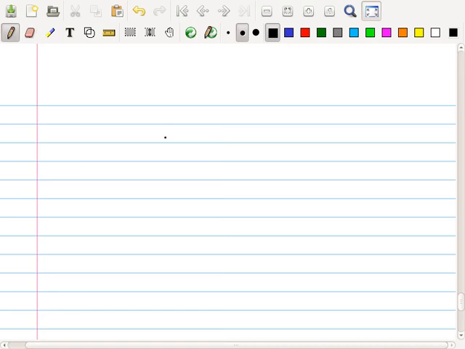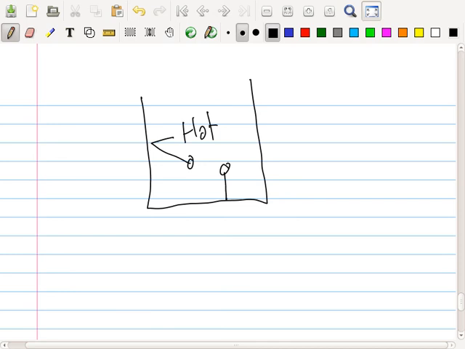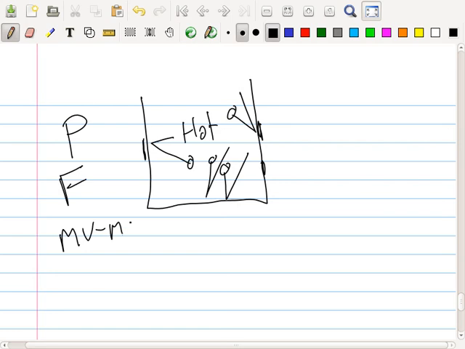There is a relationship between heat and pressure, but I think you should think about it the other way: heat makes pressure. For example, if this gets hot, it means there's more energy, which means the particles are moving faster, which means they hit the wall harder, which means there's more pressure because there's more force, because there's more change in momentum. So I think it's better to think more heat makes more pressure.